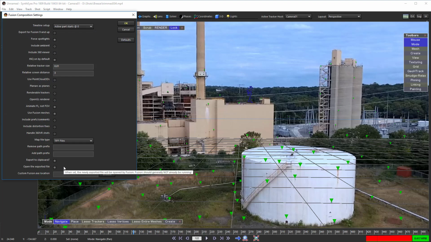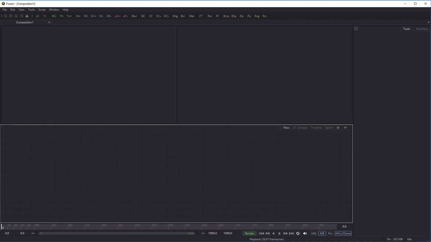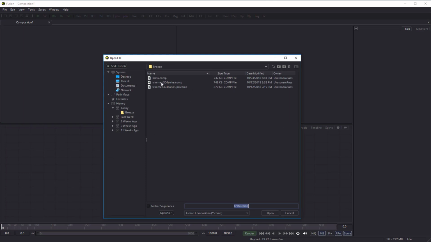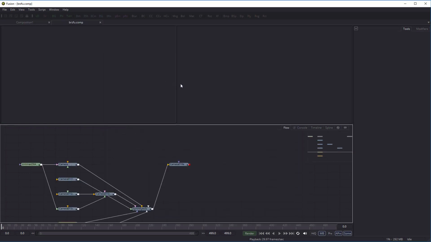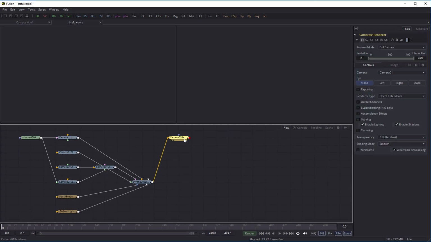One thing I'll point out is that we're not going to have Fusion start up and open that exported file immediately. It takes Fusion a little while to open up and to reposition it into the screen capture window so you can see it. So I'm just going to export and just manually go over in Fusion and open up that comp that SynthEyes just wrote out. So that gives us this setup,